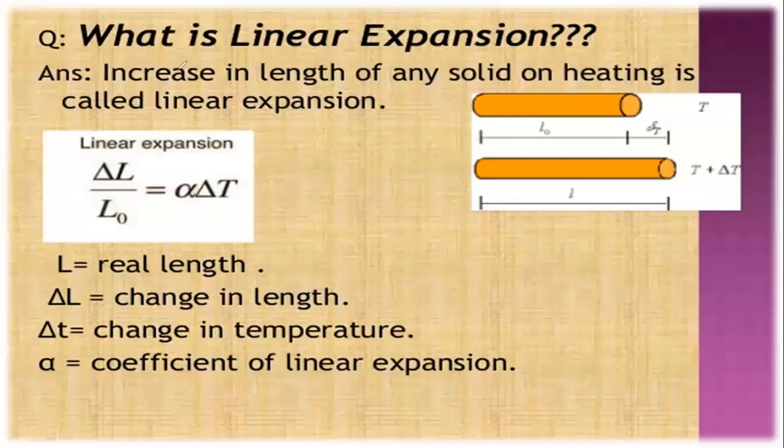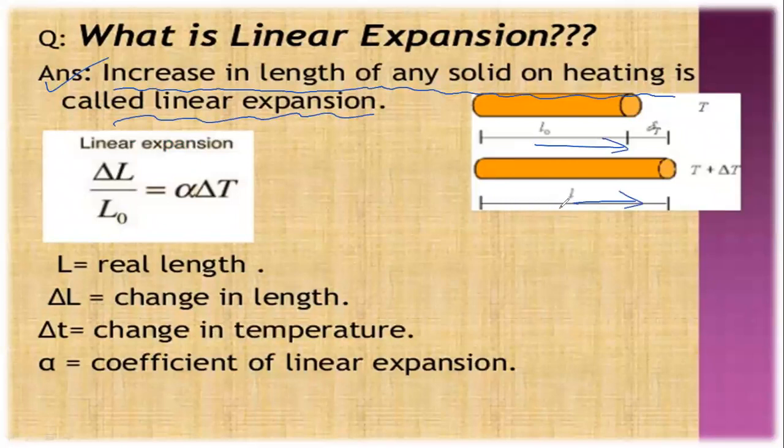तो सिंपल तरीके से अगर हम लोग इस क्वेश्चन को आंसर करना चाहते हैं, we can say like this thing that the increase in the length of any solid on heating is called the linear expansion. जब हम लोग किसी भी बॉडी को, किसी भी तरह के सॉलिड ऑब्जेक्ट को हीट करते हैं और उसके लेंथ में इंक्रीज अगर हमको देखने को मिलती है, उसकी लेंथ अगर बढ़ी हुई होती है, then we observe that it is called the linear expansion. इसको हम लोग लीनियर एक्सपेंशन के रूप में समझ सकते हैं।